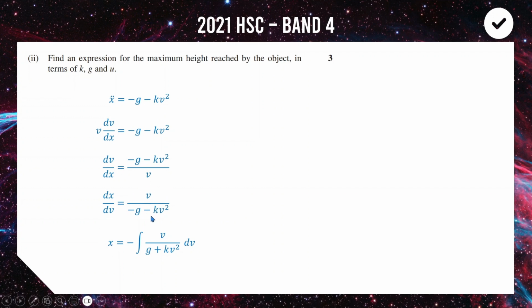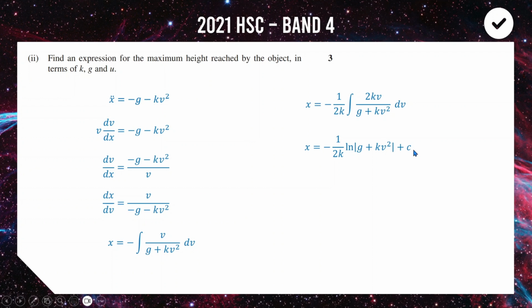On the right hand side, we're integrating this expression with respect to v, and again, I'm just pulling the negative out of the bottom of the fraction to make it look a little bit more friendly. Okay, now this time we have a v on the top of our fraction, so instead of using inverse tan, we can use a logarithm. So to use an integral with a logarithm here, we need to make the top of the fraction equal to the derivative of the denominator. So the denominator would differentiate to 0 plus 2kv. So I would really want the top of the fraction to be 2kv. So let's make that happen. Let's just put a 2k on the top and divide by 2k out the front to keep the balance. Now we can integrate using a bit of logarithms. So we have x equal to negative 1 over 2k, natural log of the absolute value of g plus kv